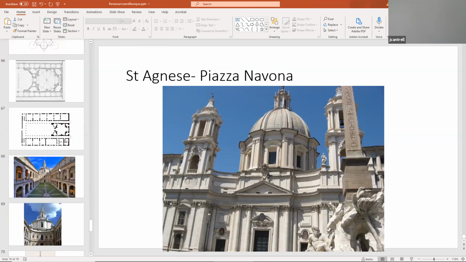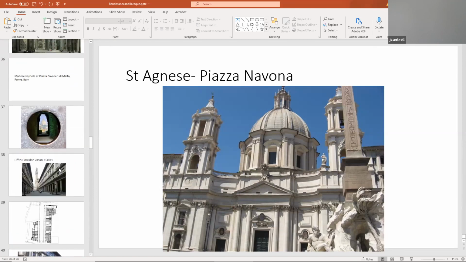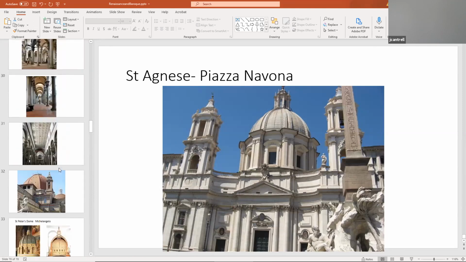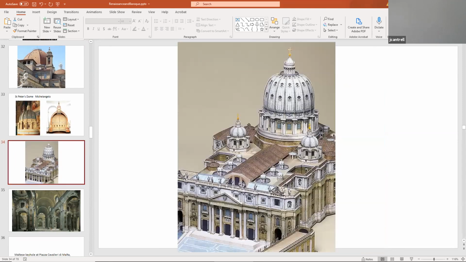I do want to go back to St. Peter's if I can find this image. What's interesting is that I don't have Baroque sculpture. I should have shown you Bernini's classical architecture. But what happened is Bernini was, of course, an architect and a sculptor. I have an image, but he designed these tall bell towers. And what happened was the bell towers started ruining the foundation.